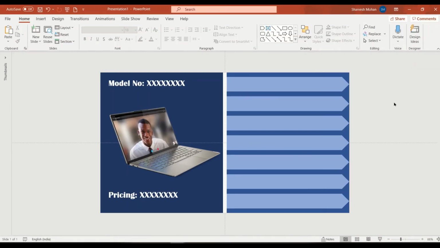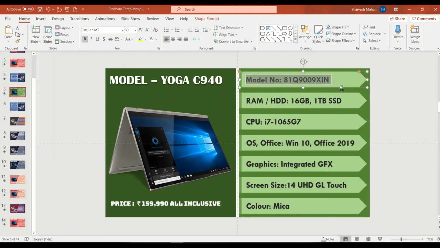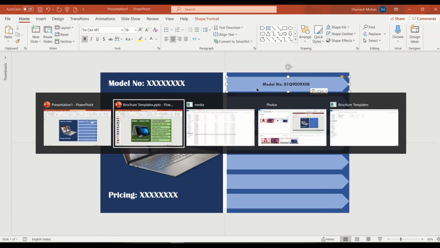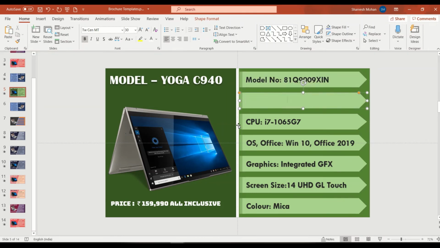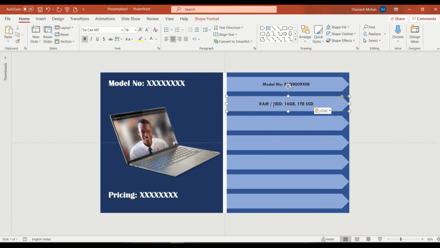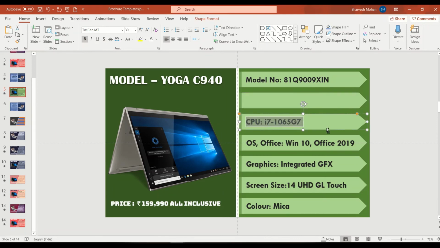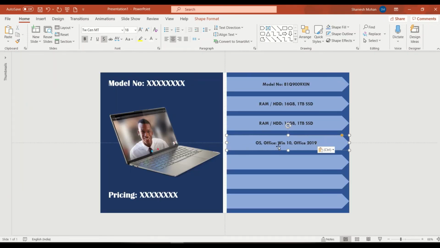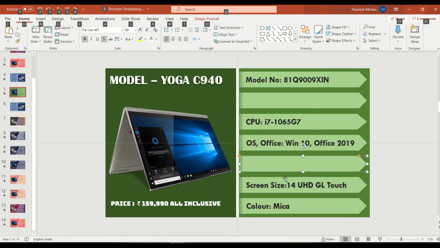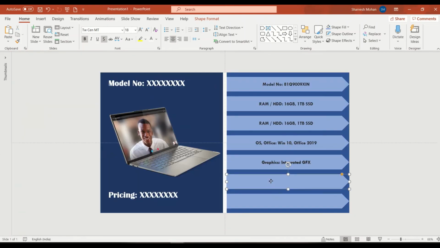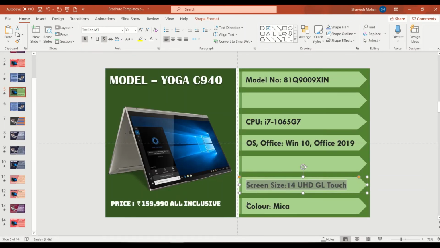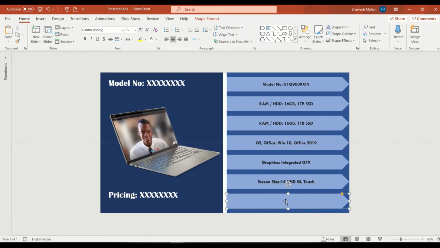To reduce the time, I'm just copying and pasting each of the things from others which I previously created, and pasted.